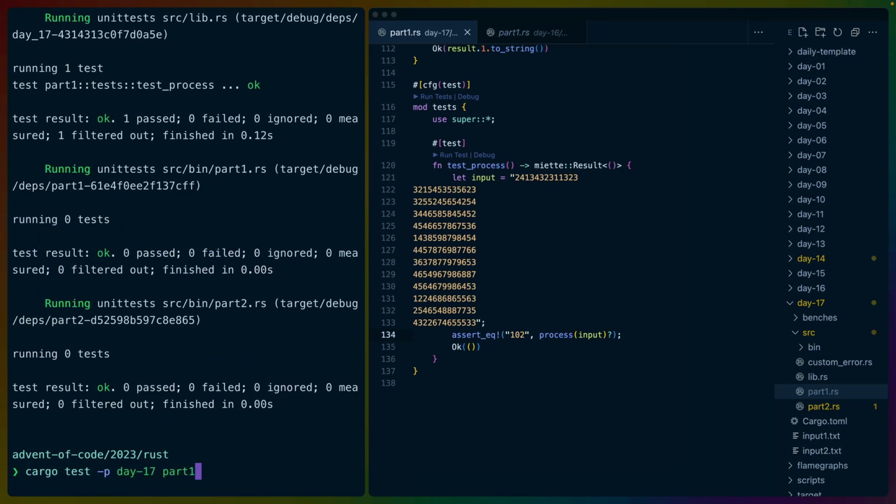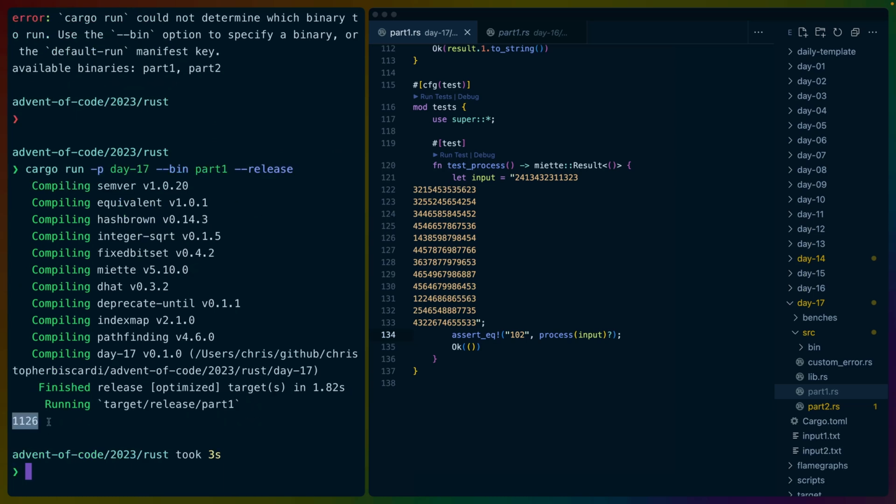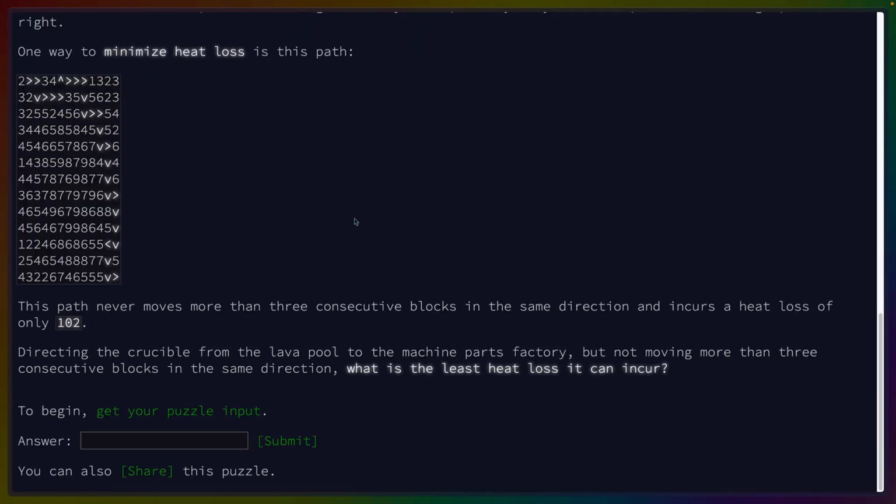Okay, so that works. Let's run this on part 1. Let's run in release mode because, ooh, I hope this runs quickly. 1126. That's not the right answer. It's too low. Damn. Is it plus the...